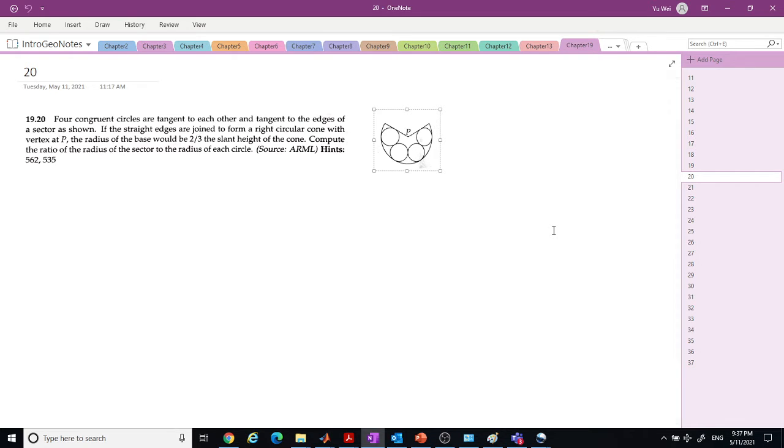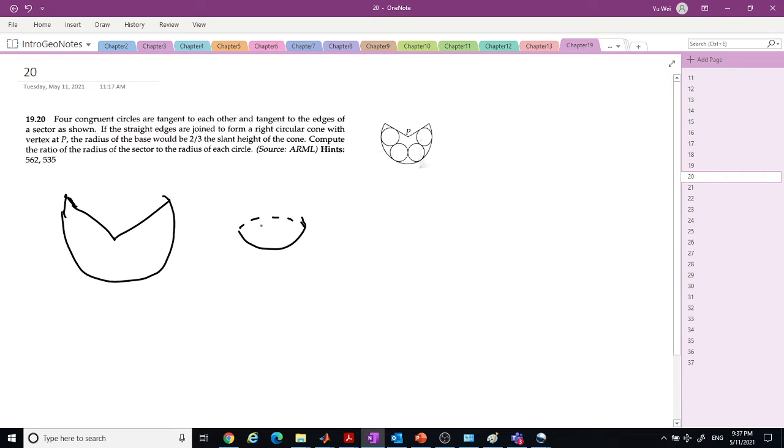So this one, we have 4 congruent circles tangent to each other, and here is the big sector. It mentions the radius of the base will be 2/3 of the slant height. Let's see. If you have this one, and you make it into a cone,